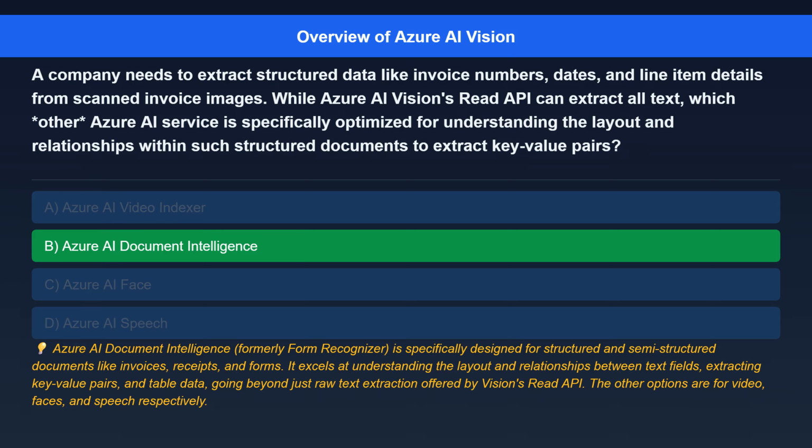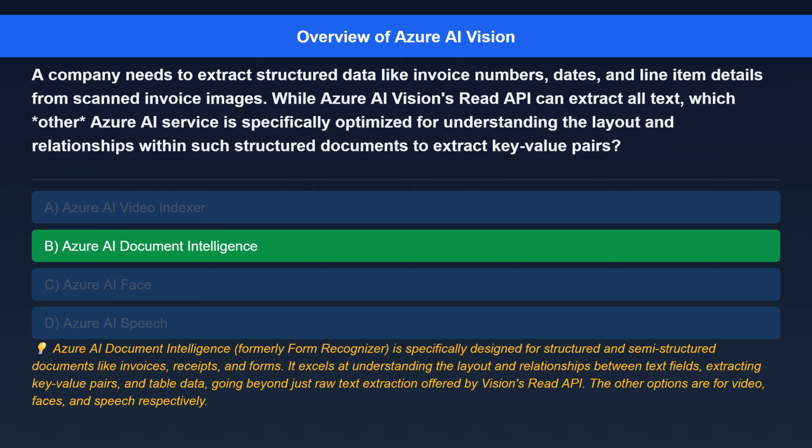The correct answer is Azure AI Document Intelligence. Here's the explanation. Azure AI Document Intelligence, formerly Form Recognizer, is specifically designed for structured and semi-structured documents like invoices, receipts, and forms. It excels at understanding the layout and relationships between text fields, extracting key value pairs, and table data, going beyond just raw text extraction offered by Vision's Read API. The other options are for video, faces,